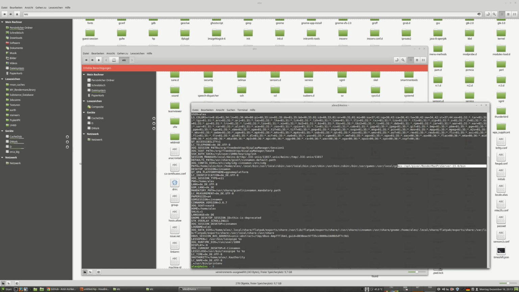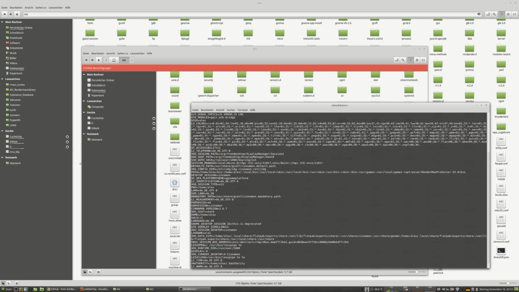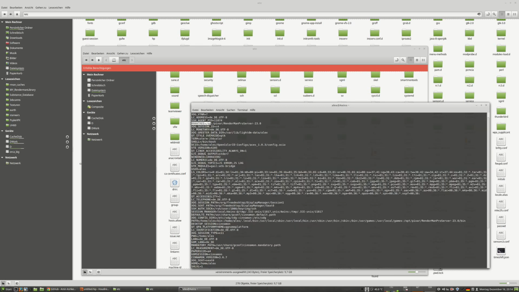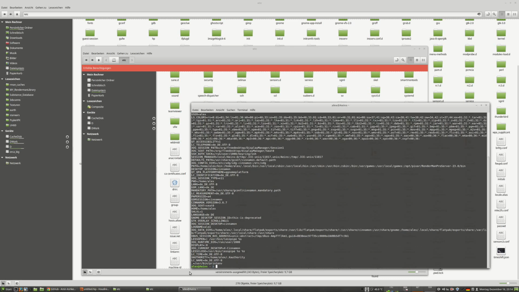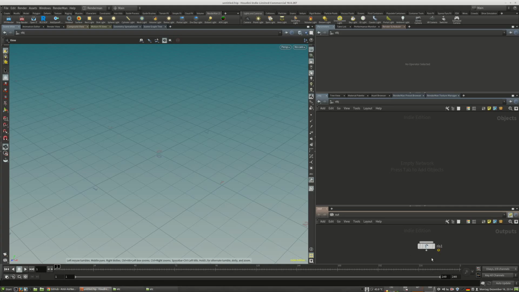So you have it here, and you should also have the OCIO path right here, and the RMANTREE path somewhere. Where is it? I don't see it. It's here, RMANTREE is here. So all these variables are loaded. Of course, you also see other stuff that we don't need right now. So yeah, this is important because otherwise, when you start a new render,